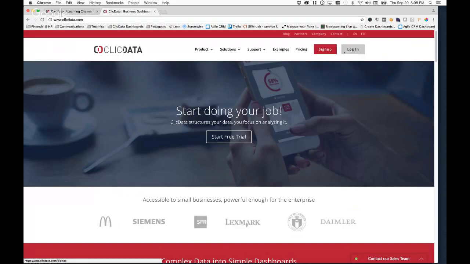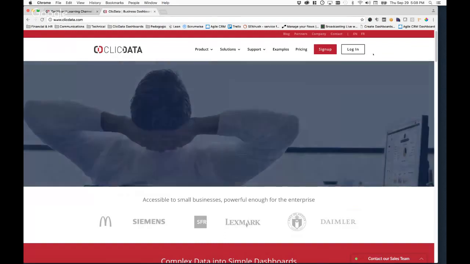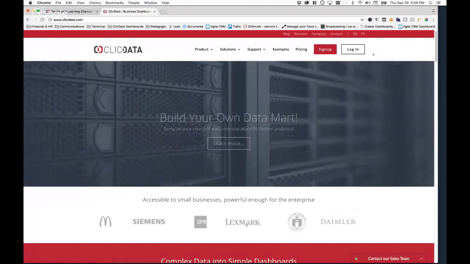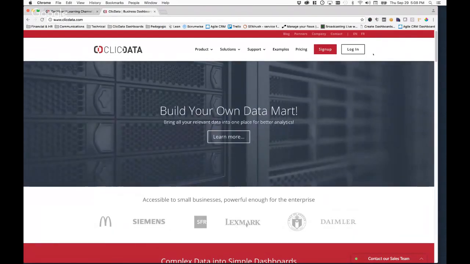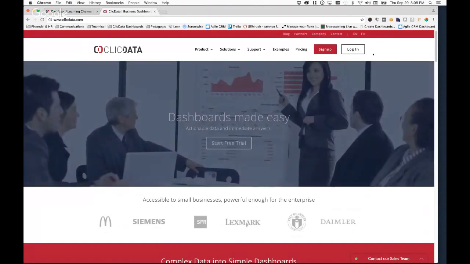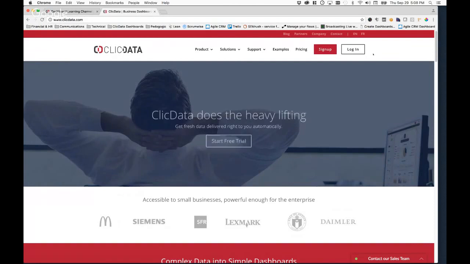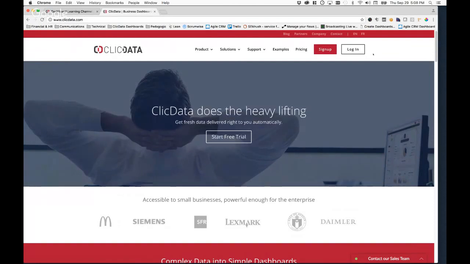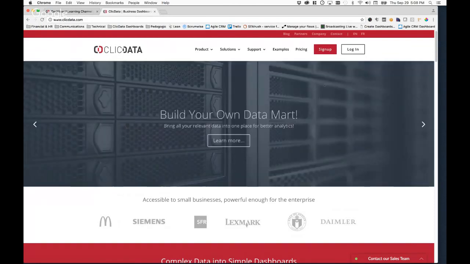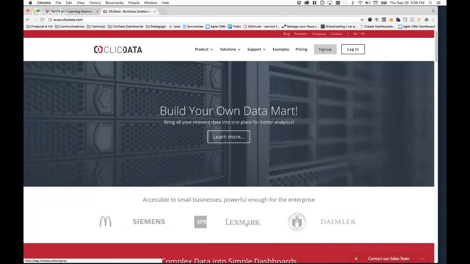So we're also one of the very few ones that you can select your data center. We work with Microsoft, and we provide ClicData wherever Microsoft data centers exist around the world. Currently, we're out of the US and out of Europe, and we're exploring the possibility of starting a new ClicData data center within the Microsoft infrastructure, of course, in Australia as well, in Singapore and Brazil. So you can sign up and get a free account if you'd like to.